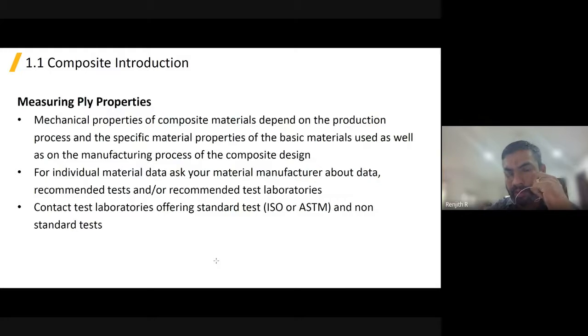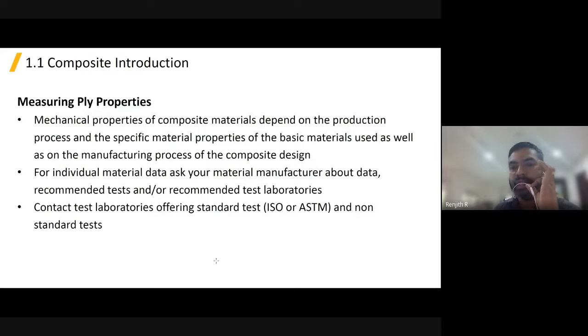input. So it must be from an accurate background, because generally in FEA we say garbage in, garbage out. That's a term used in the FEA realm. Whatever you give as an input for finite element analysis, the same thing you will get. If you give blunder data, you will get blunder results. So the first thing when you are publishing a journal or doing your research, you must measure your mechanical properties authentically.